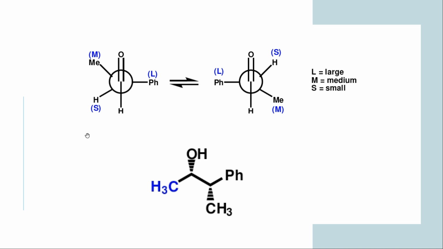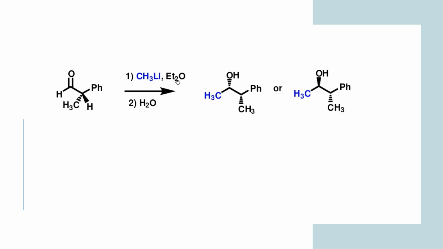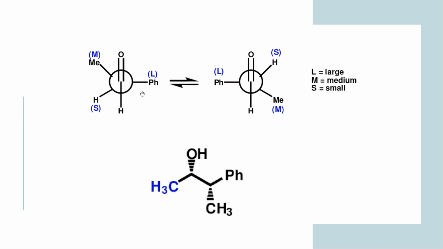Okay, you have to just attack at this carbonyl by the incoming nucleophile, which will be methyl here. So methyl will attack from this side, and in the product you have to arrange the incoming methyl and this phenyl in an anti-periplanar fashion, which will lead to the cis stereochemistry of the product. Okay, so this will be the major product that will be formed here. I hope this was clear to you. So